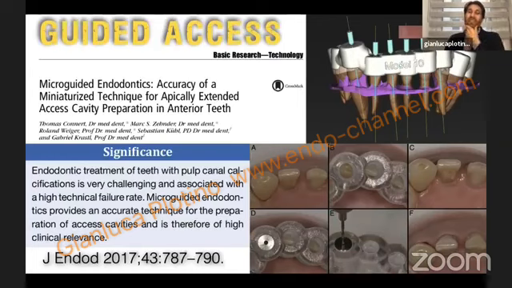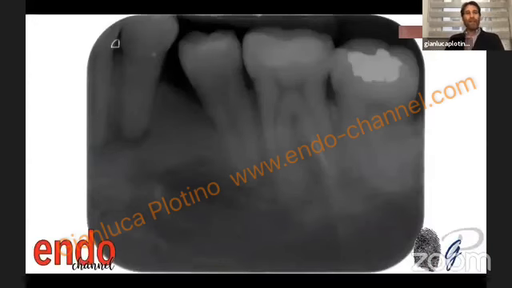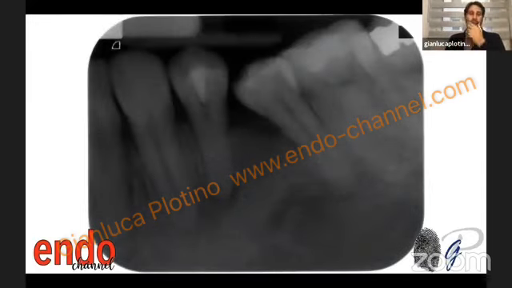And going towards the minimally invasive approach, today there are also these guided accesses. I do not consider this technique one that you can use day by day on every single patient. It's not needed when you have a standard anatomy. But if you have an anatomy like this, you can see this lower premolar with a periapical lesion, so necrotic pulp, but all calcification up to the apical third. In this case, I start with my microscope and my ultrasonic tips to find the root canal, because several times the root canal is not visible on the radiograph, but when you start tracking with your ultrasonics and the microscope, you can find it.